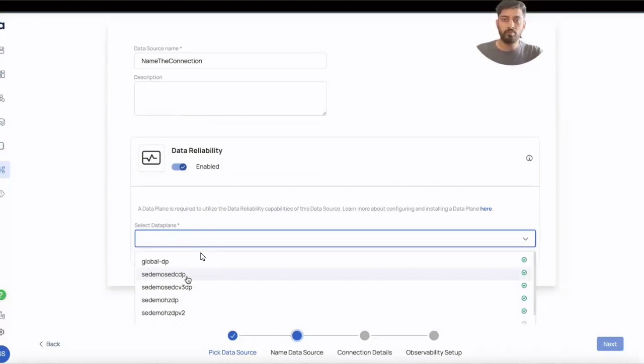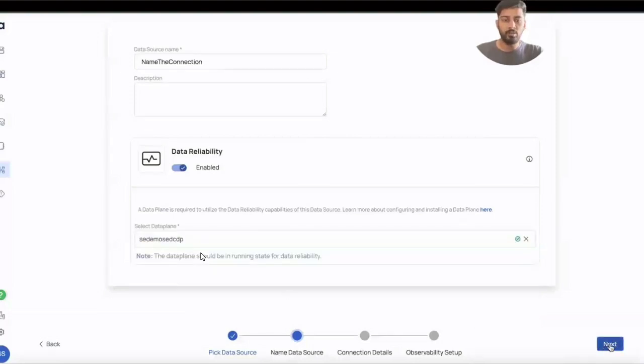There is a separate video where we have covered how to install a data plane on a Kubernetes cluster. That Kubernetes cluster can run on any of the three clouds or any on-prem services. That does not matter as long as you have the Kubernetes cluster. So once the data plane is selected,